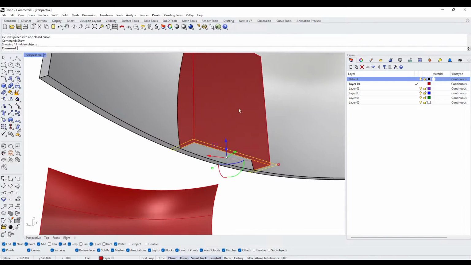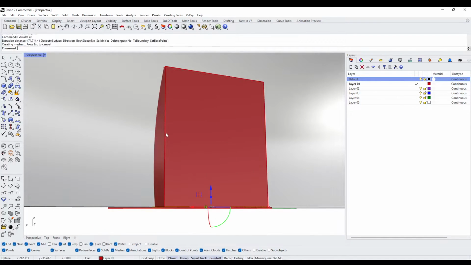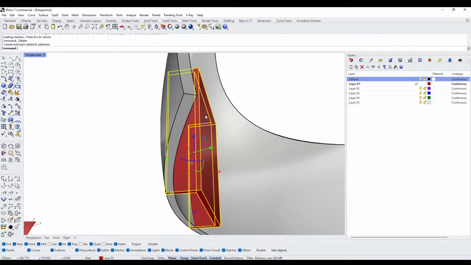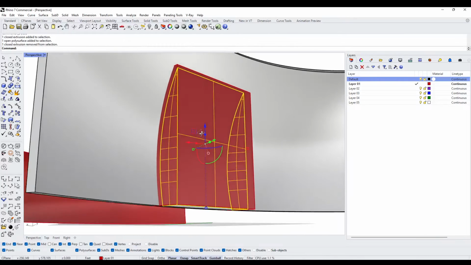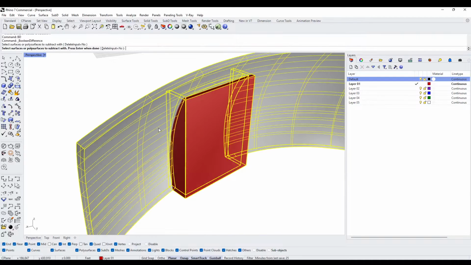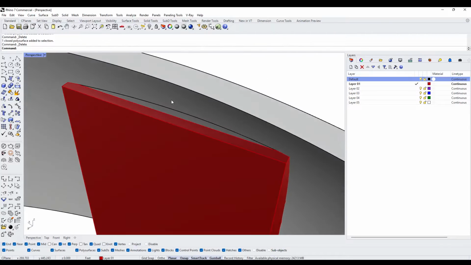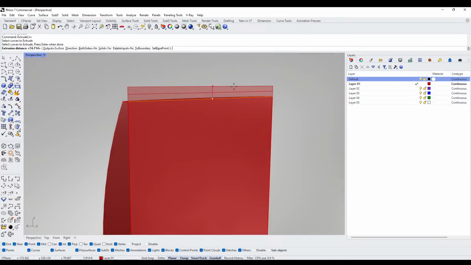Now I can type in show, then extrude curve. I'll select the original and deselect what I just made to delete it. Then use this to do a Boolean difference. And same thing here. So I'll do extrude curve. I'll go up